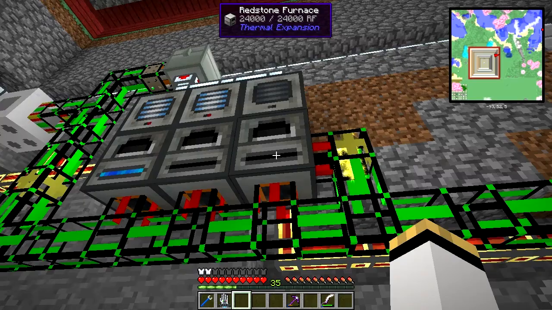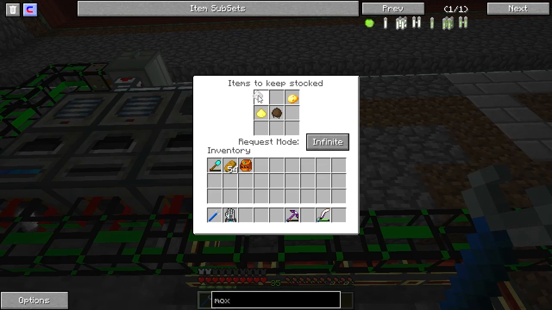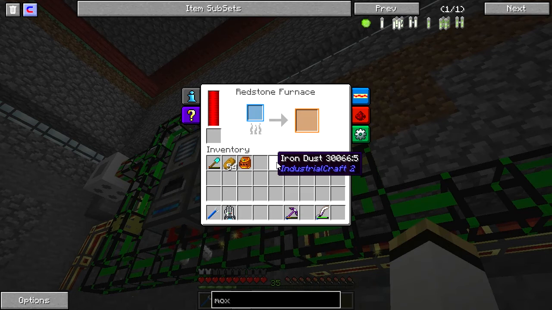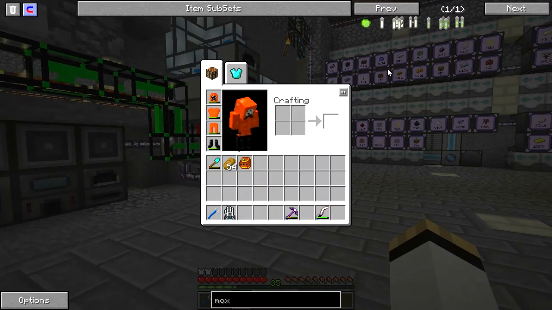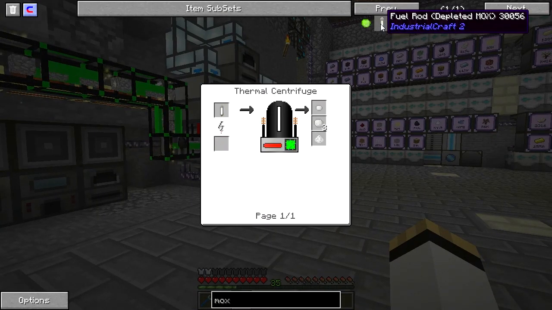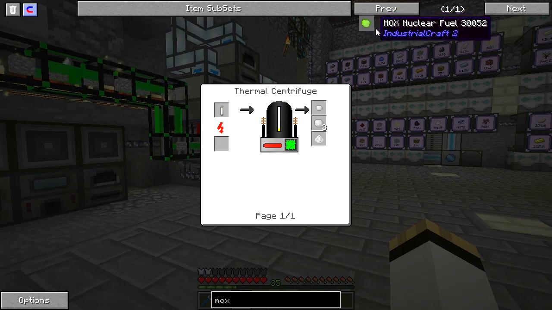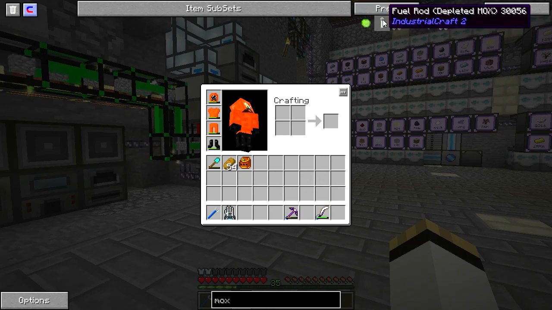Good. So I am going to modify this logistics pipe and tell it that if it ever finds iron dust in the system, go ahead and ask for it, smelt it up. There we go. So now all of the iron dust is going to be turned back into iron. The reason that I do that is this. When you use up, to make one of these fuel rods, the recipe for one of these fuel rods is,